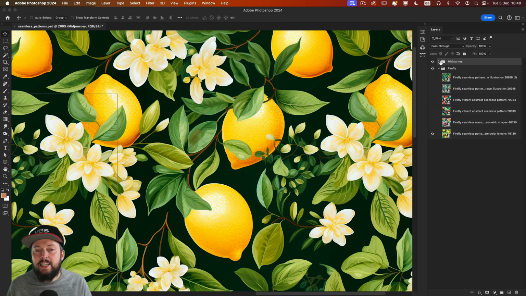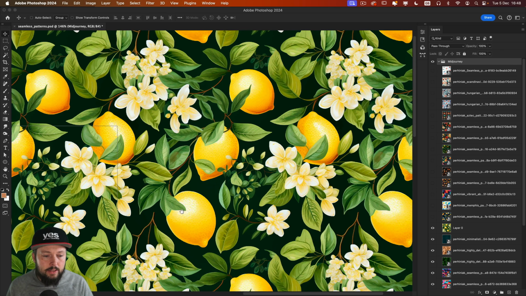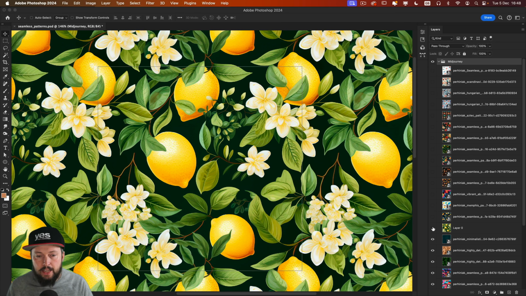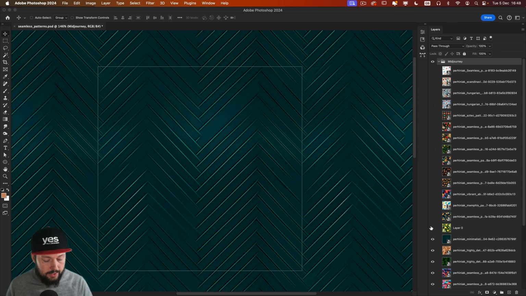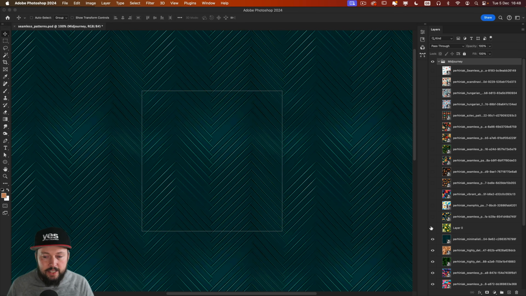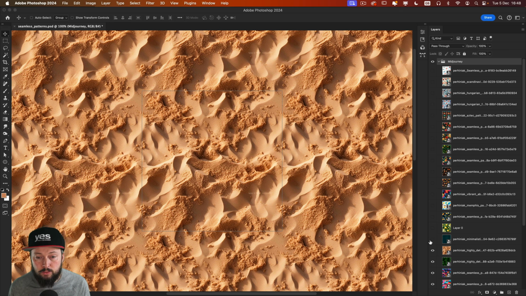Luckily, Midjourney can nail the seamless patterns. And the cool thing is that you can use this, of course, for all kinds of things. So I can create very subtle wallpaper designs, for instance, but you can even create photorealistic textures for 3D design.